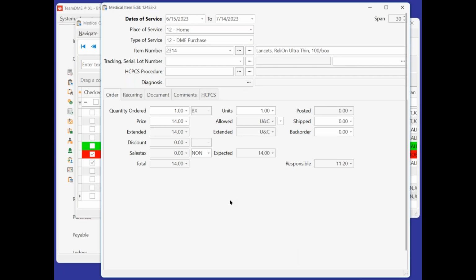But for this one, looks like something's not set up at all. Procedure code didn't pop in automatically. That means that my item is not set up correctly. I'm just going to show you if I go to the item with the first ellipse button after the item